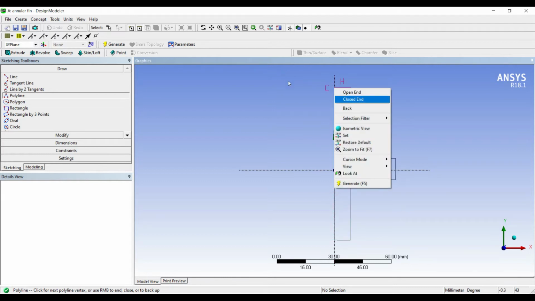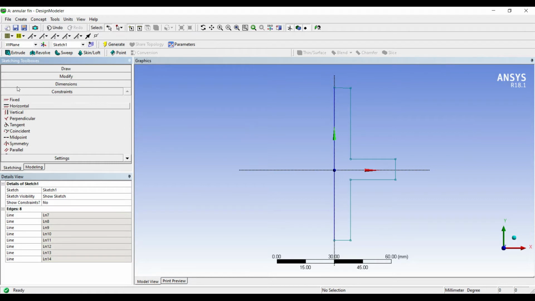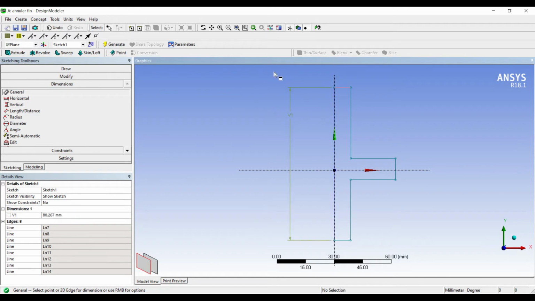Here I'm going to right click and close end. I'll go to constraints, I'll use horizontal and I'll make this line horizontal. Next I'll go to dimensions. I'll give the dimensions for this fin.